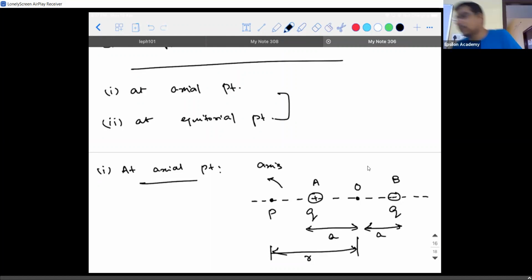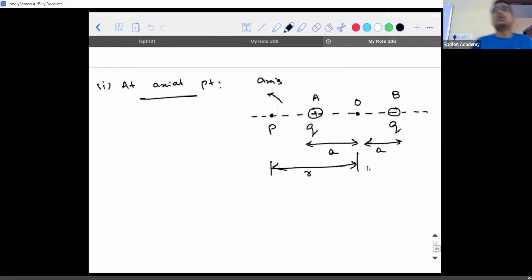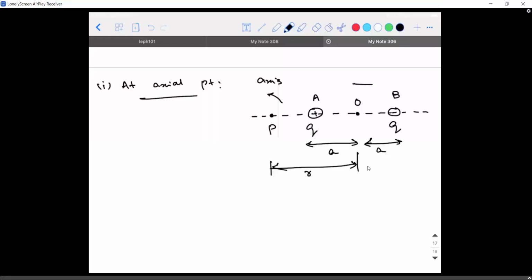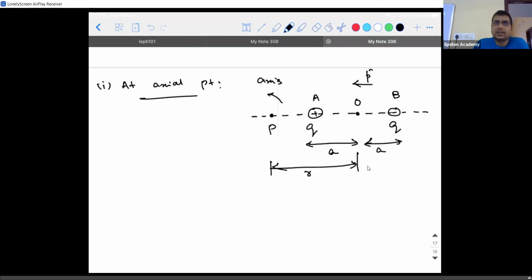Clear? Now what is our work? We need to find the total electric field, in terms of magnitude and direction, at point P. Whenever I say direction with respect to a dipole, you will always try to write the direction in terms of the dipole moment. So what is the direction of the dipole moment? In this case, is it from left to right or right to left? It is from right to left, from B to A. Now we'll write everything in terms of these values.